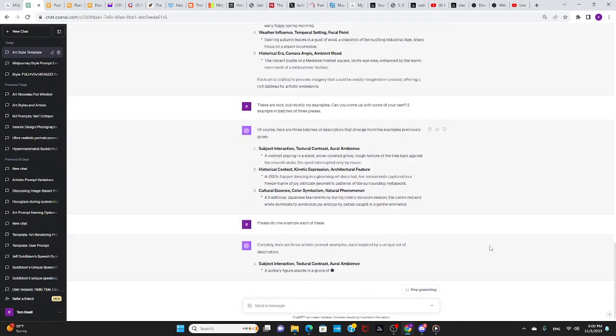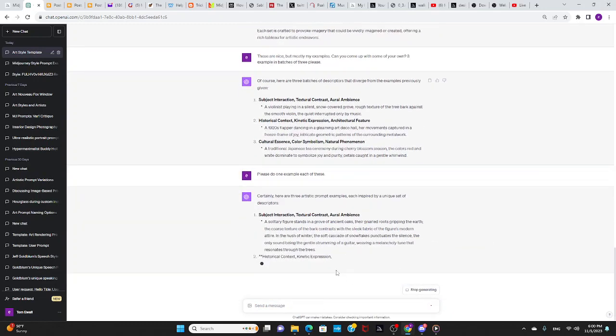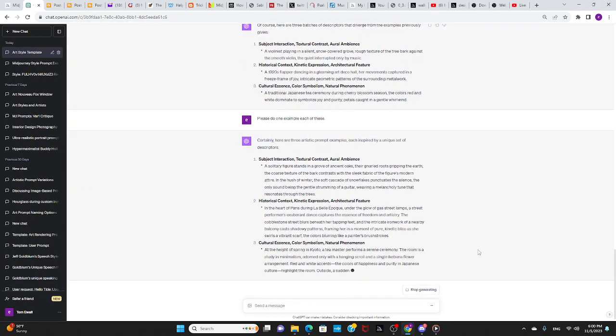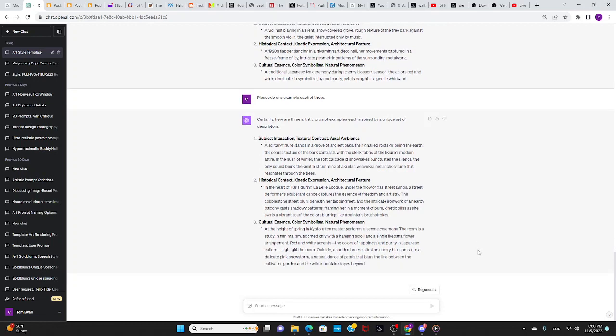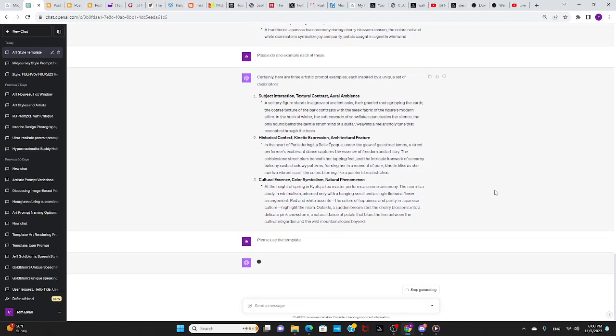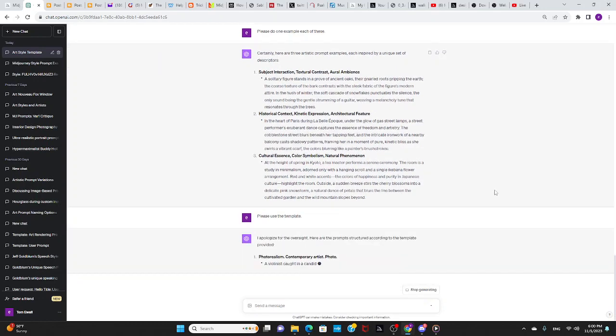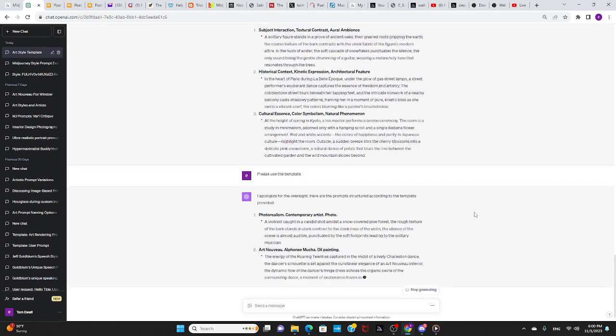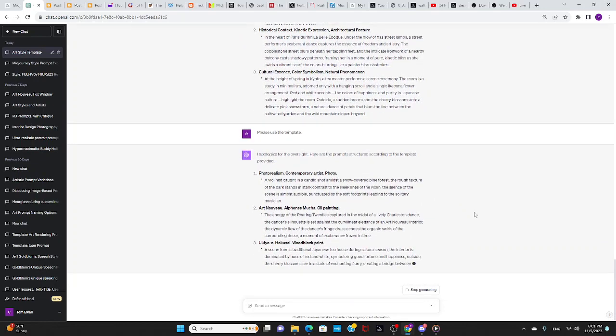I want to see, okay, so here it kind of went away from the template. So that's the sort of thing that can happen. So I'll just remind it because it's in the custom instructions. So it's in its memory for the session. So I'll see. So please use the template. And we'll see if it improves it. All right. Yeah, so